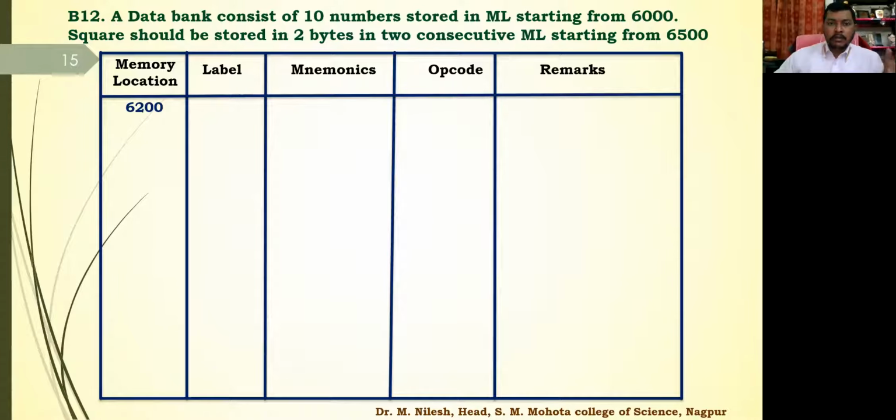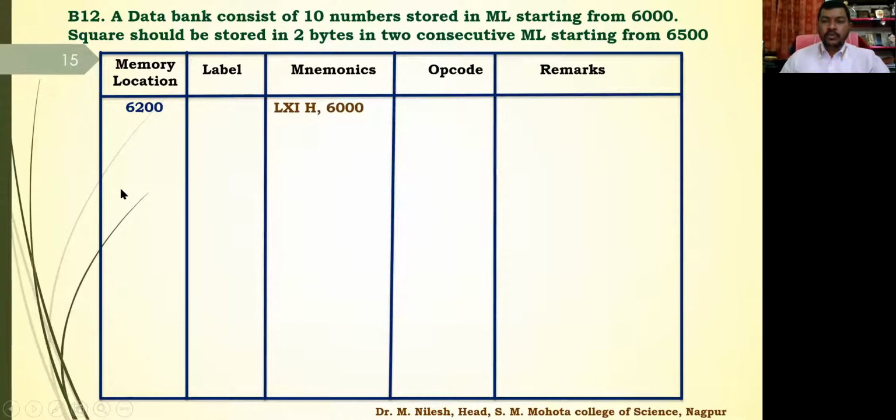So remember all the memory location addresses: where the data is, where the program is, where the subroutine is, and where the result is to be stored. This is to be maintained, thought of and kept in mind, right? So we are writing the main program from memory location address 6200. While executing, we will be starting at this point. So let us start with the program.